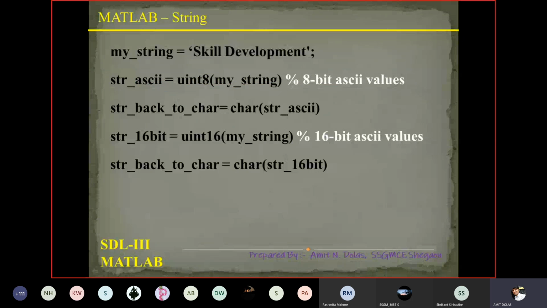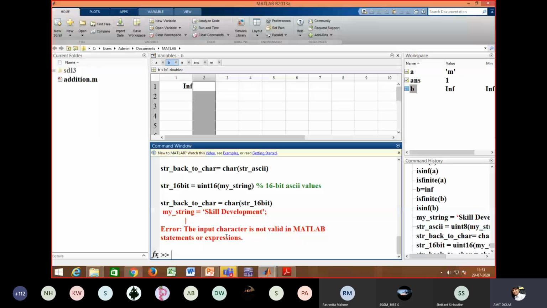So here string. We'll run this program directly and then we'll stop. This is the string, copy paste. So we'll see whether it runs or not, and else we have to rectify the errors. The input character is not valid in. One by one I think I have to write.